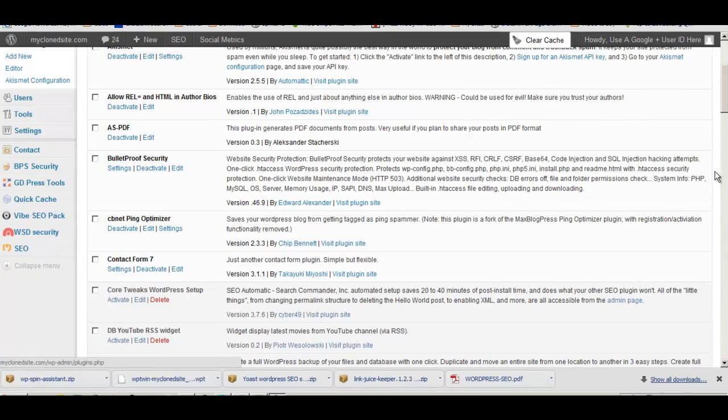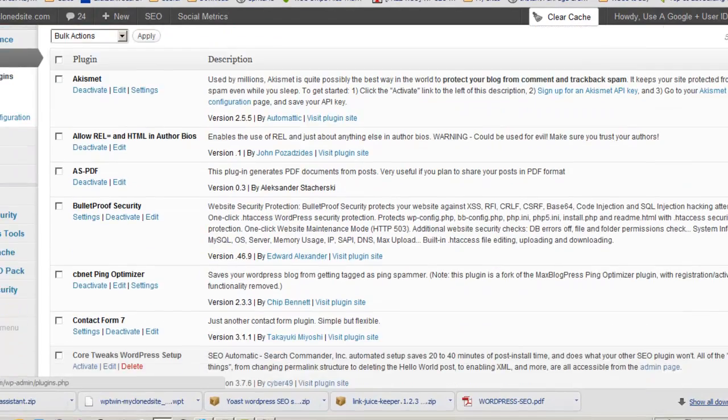Okay guys, so let's do a general overview of the new plugins we got in here. You can see I've got the author bios allow rel equals and HTML. Basically what that is doing is it will import your image into the search results. It's a little bit like the rich snippets review plugin, but this one will show you, your face, the picture that you use, and this needs to be tied up with your Google Plus,